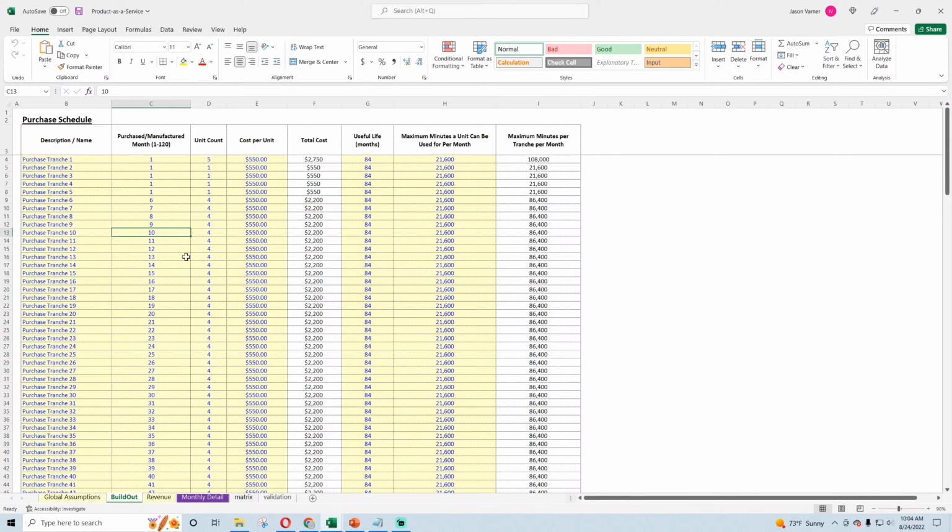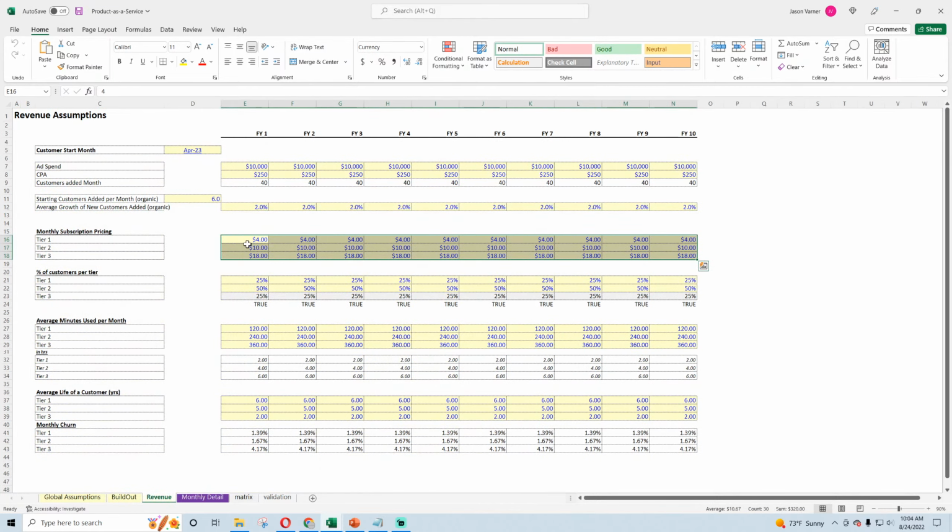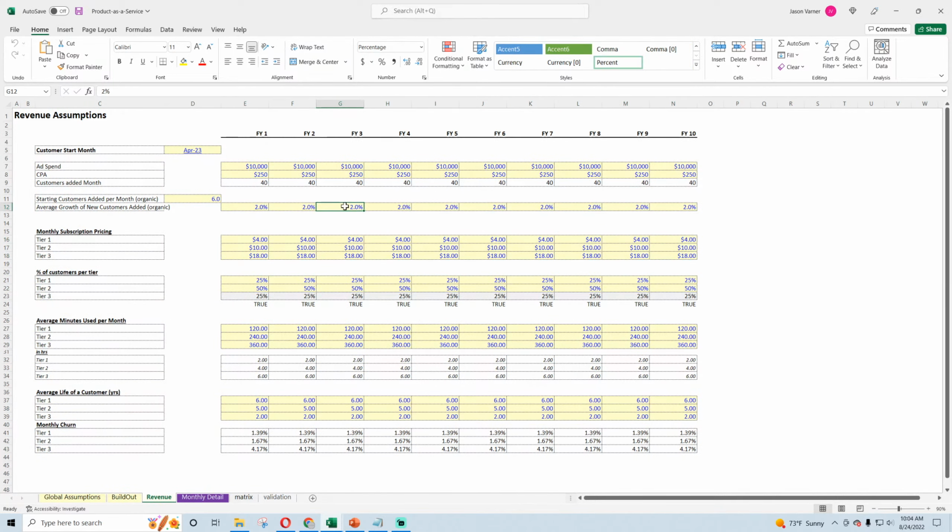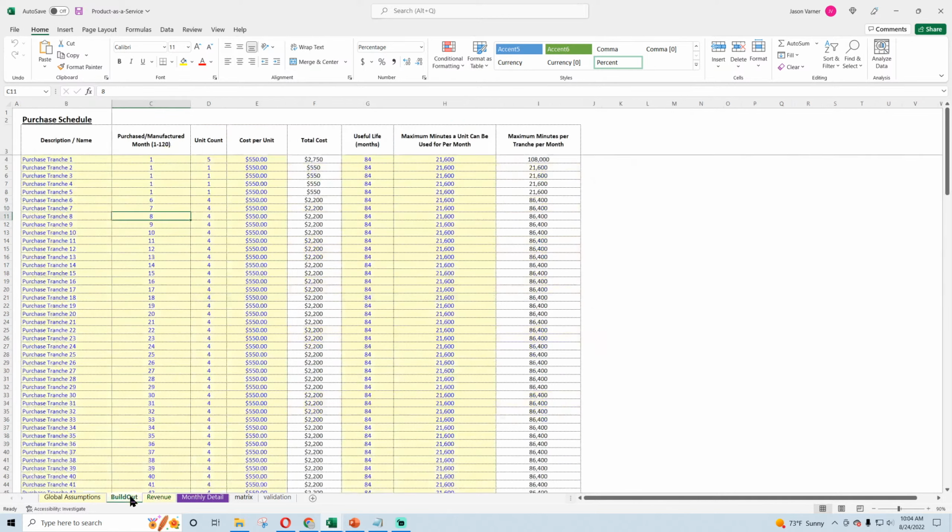I think that's the best way to go about this, because then you're not trying to guess and you have to keep changing these to match your customer growth assumptions. The model's just going to automatically say, okay, you've got this many customers at the end of the month, so you need to have this many products available.